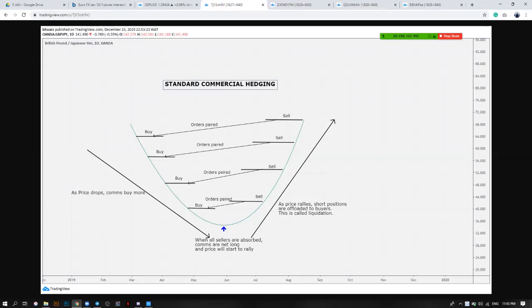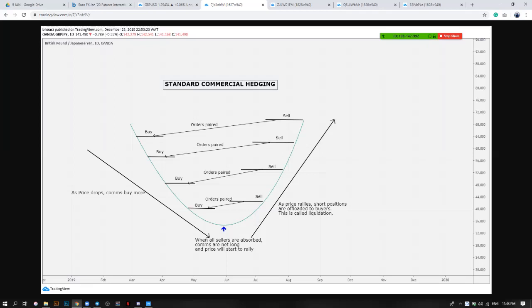Once the market goes up above where they entered the buy position, they close that first position. So now you're closing in profit. As the market goes up more due to the sheer volume of demand, they close in profit. This is the standard commercial